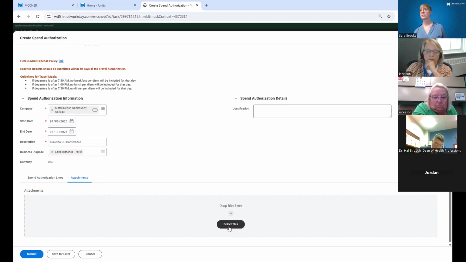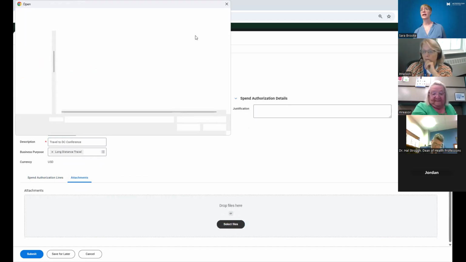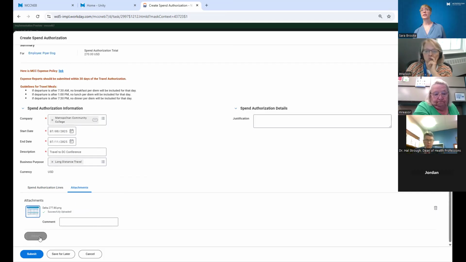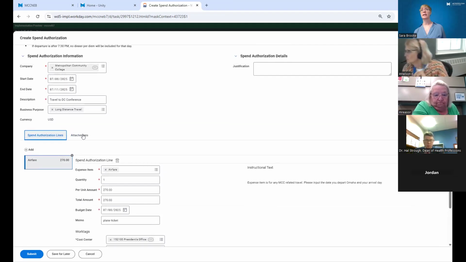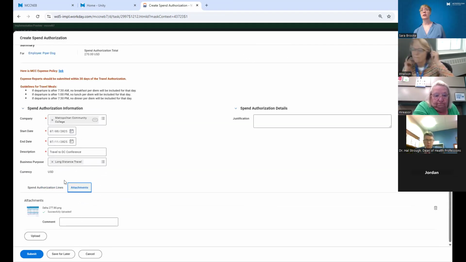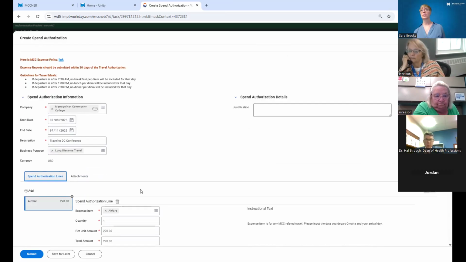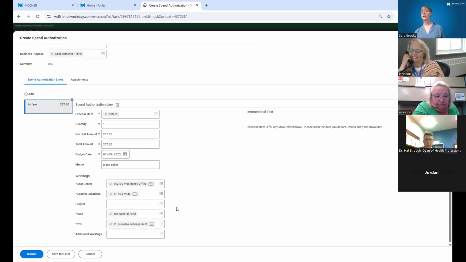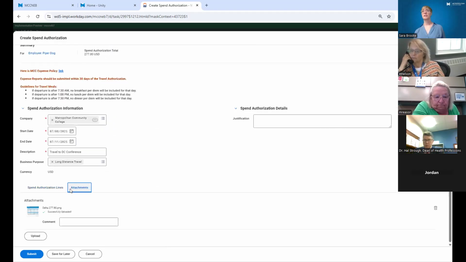All right. So I have a file that I prepped for Delta. And this is where your attachment will go. And then if you click back over, you see your spend line information. And so my cost is actually $277.80. So I'm going to update that. All right. So then that's my line for